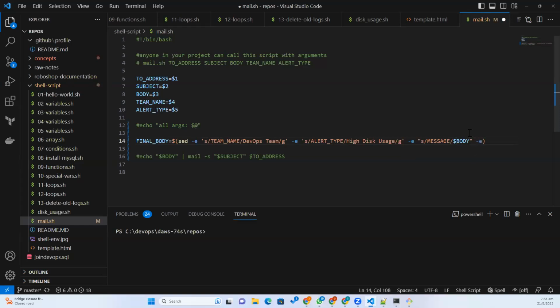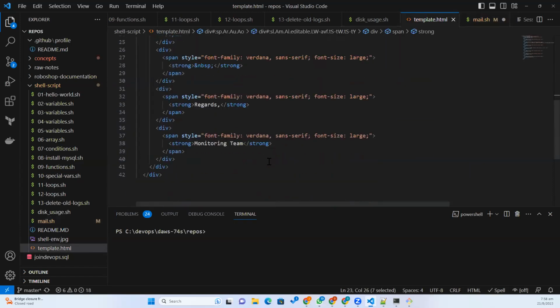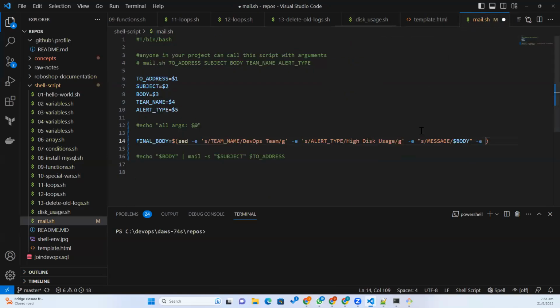Okay. And then what else? That's it. So these are the placeholders. Finally, it is